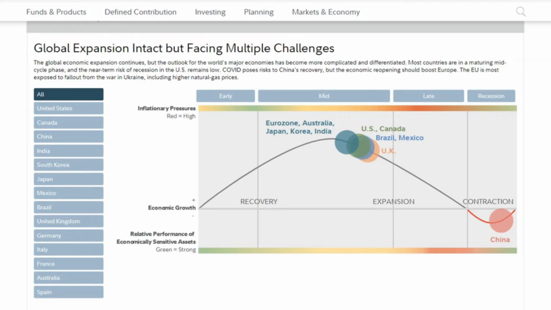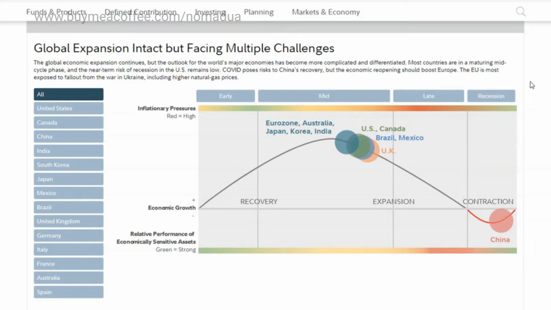the global economy. As you see in this chart, most of the countries are now in the declining state of the business cycle curve. And if we look at China, it is located in the recession stage. The other countries only tend to move into the recession phase and are not yet located in the late cycle phase.